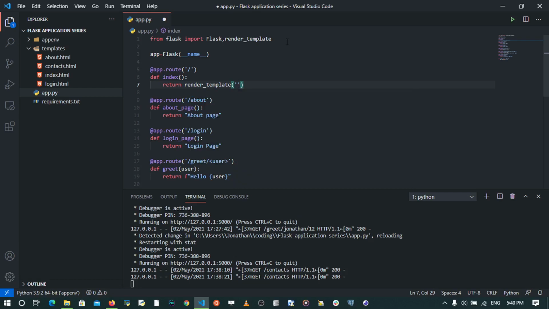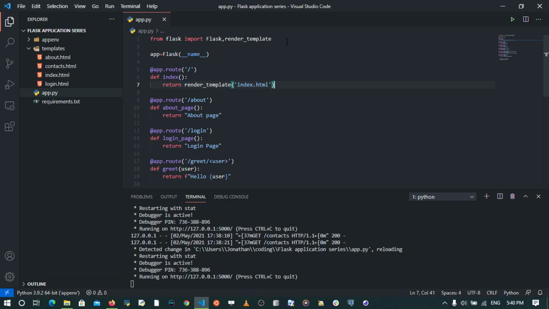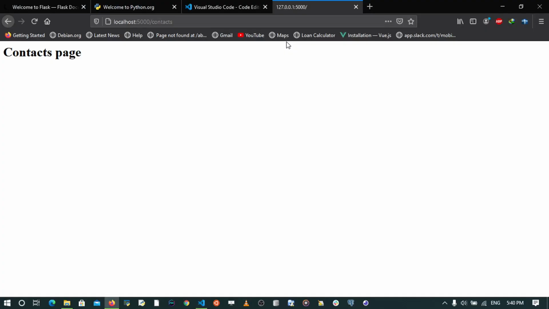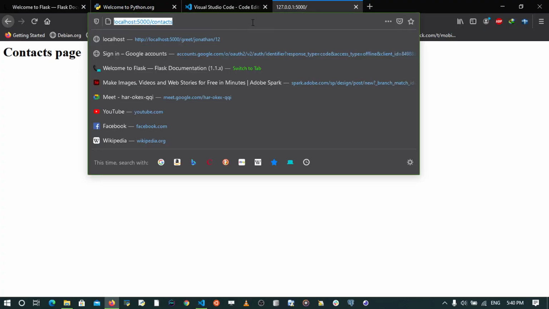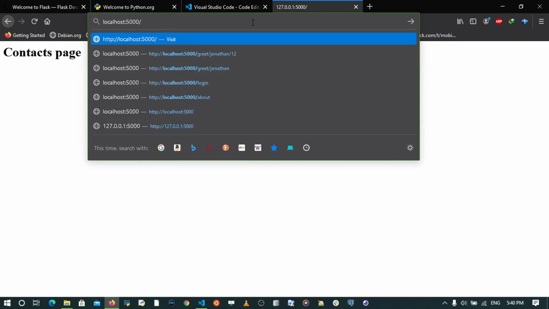So I'm going to say index.html. So I'm going to save that. Now when I navigate back to the application in the browser and go to the root URL,